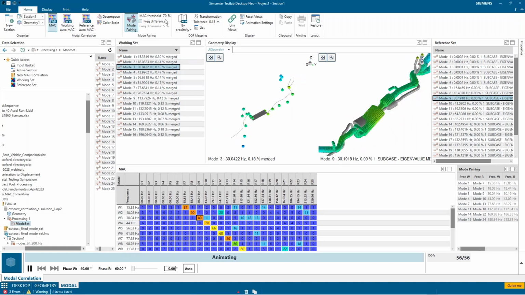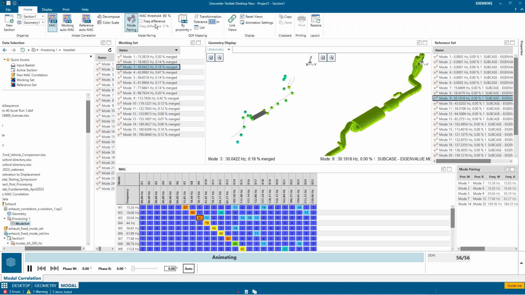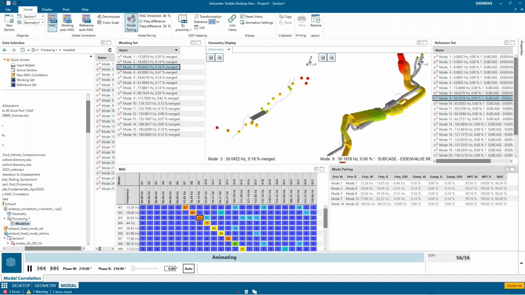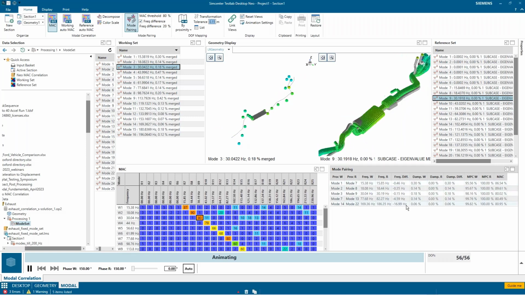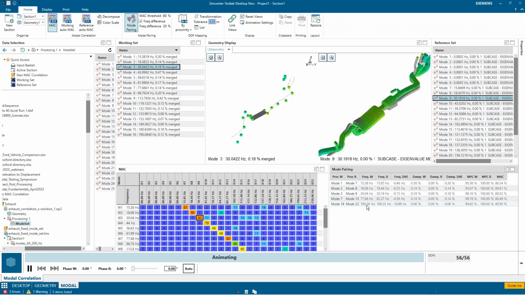And then if I want, maybe I want a threshold of 80. And then maybe I want to have a larger frequency difference. Maybe say 10%, or maybe even 20% difference in frequency. Okay, so I picked up another one. And then if you scroll this over, you can see the frequency differences, the delta F in frequency. So this is a 17 hertz difference at 117. So that's why I had to go to 20% to find this one. Then I can see the MAC values over on the far right side.